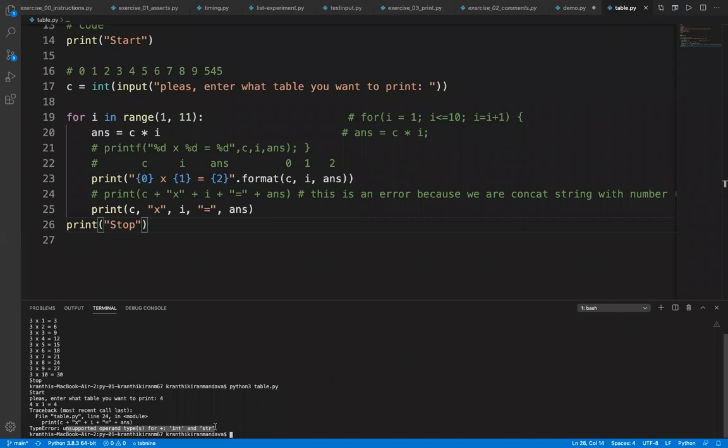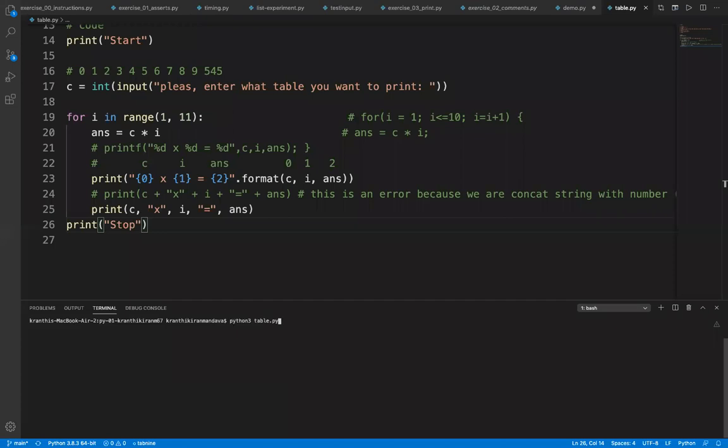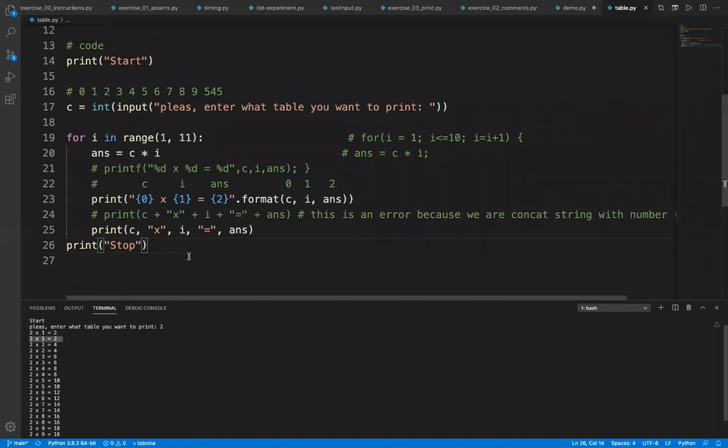So let us write the same thing. Let me clear it so that you will have a straight view. Okay, I'm typing some 2. Okay, now it's printing it. Right, so what it is doing, every time it is printing 2 times. So this is the way you can do it, Mehak.